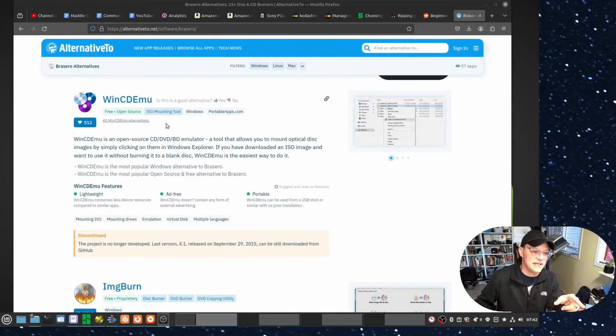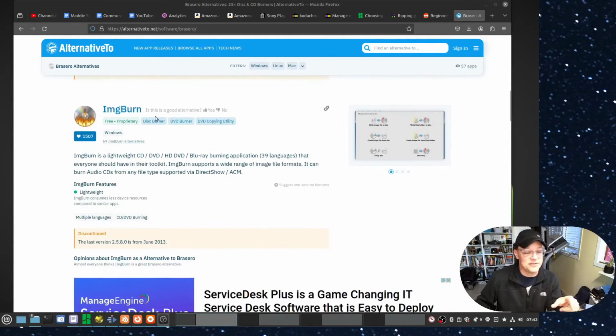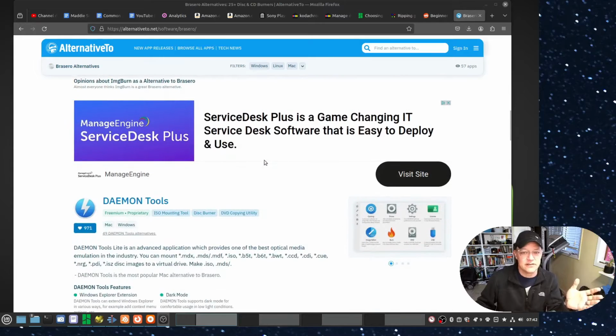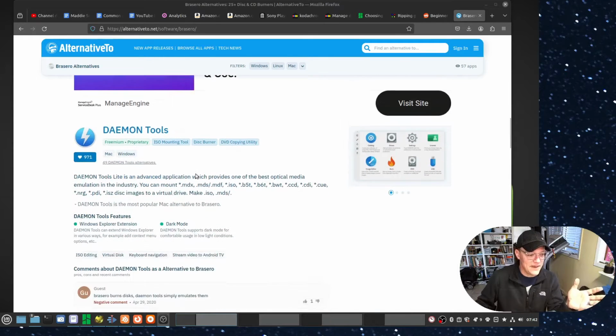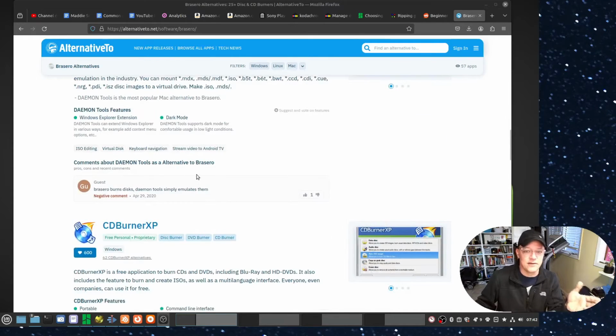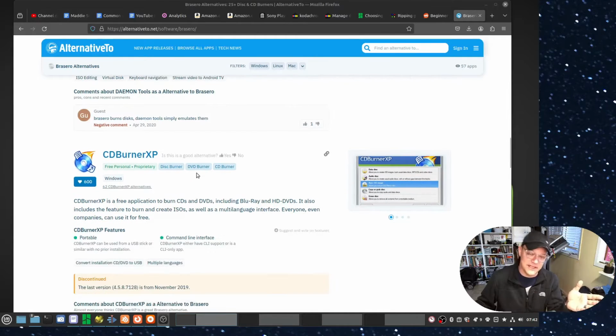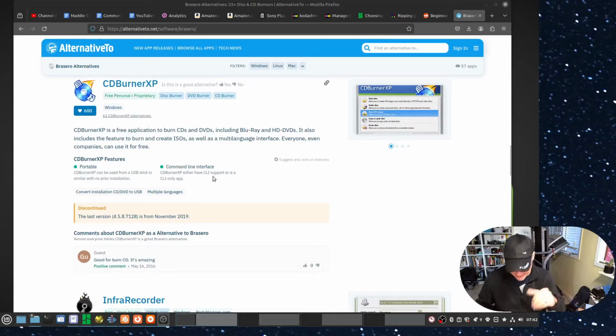I typed Batocera up here, hit search, and it came up with all these. WinCD, EMU, ImageBurn. I've used ImageBurn a lot on Windows, and that does great for ISO backups. You basically want to look through here, depending on what operating system you're running, and find a piece of software that will make an ISO backup of PS2 discs, of DVDs in general, right? Because these are DVDs. So when I make a backup, I'm going to go ahead and put my disc into my DVD-ROM